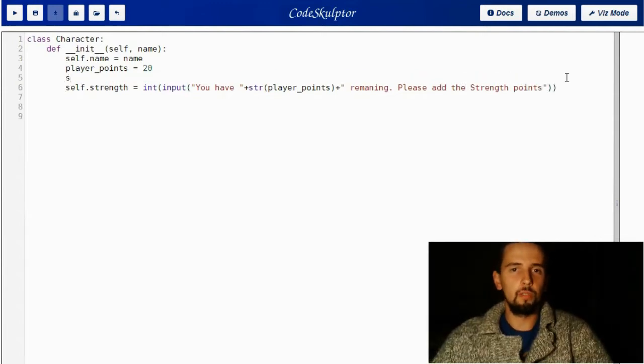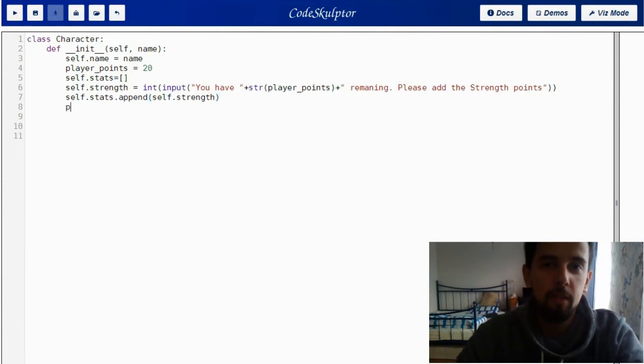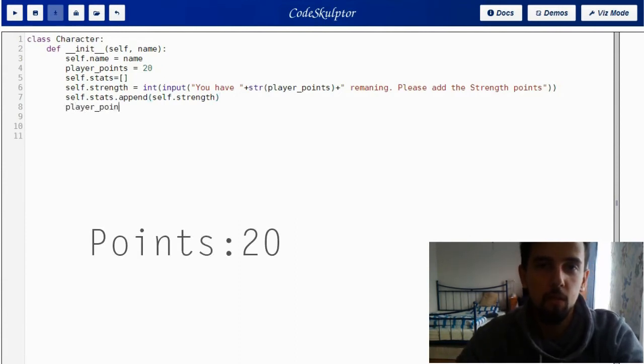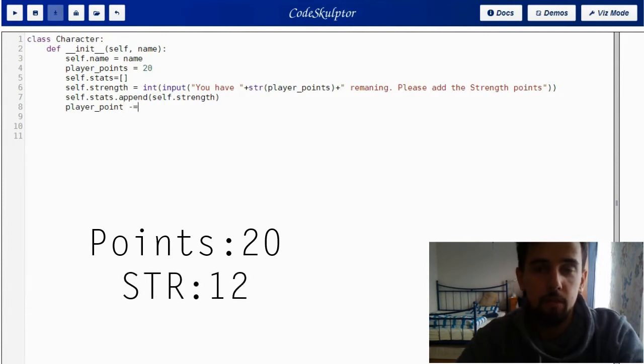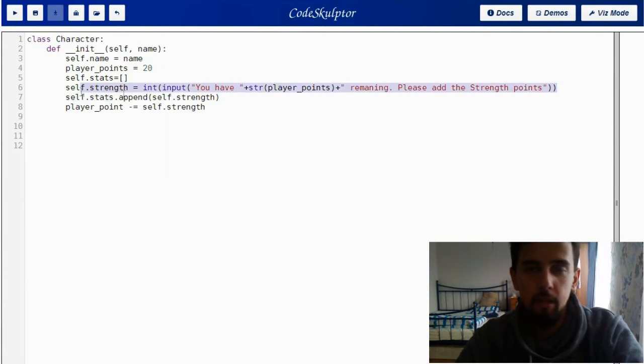I forgot that we shall stick our arguments together, so let's make an empty list for them, and we shall simply add each one of our attributes to the empty list, and we can accomplish that by using the append function. Remember that we have to decrement our value of points, so we will simply subtract the value of strength from the value of our points,